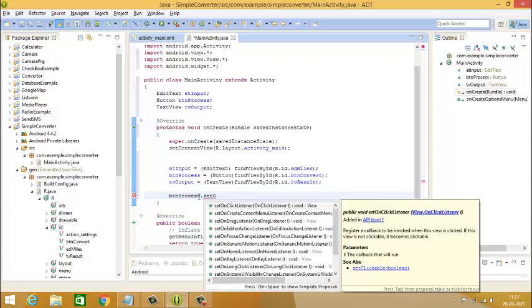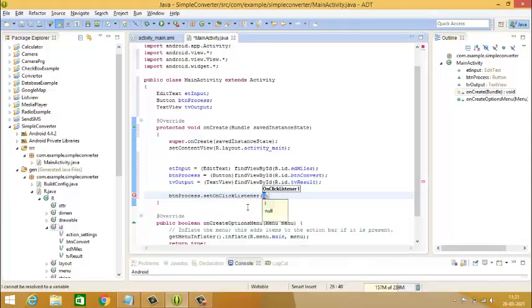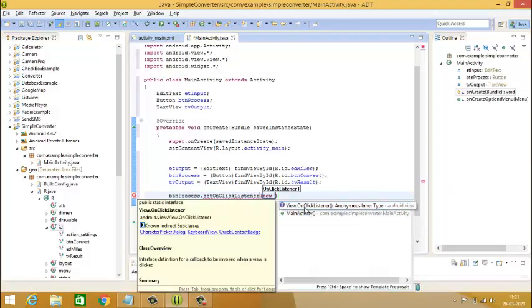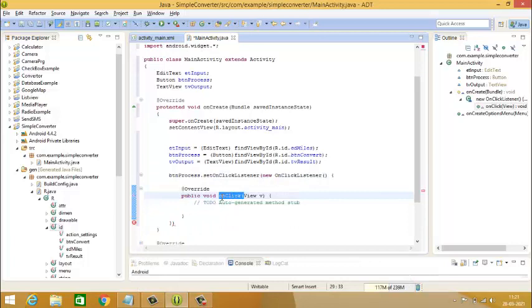Since this is the method name, remember the camel case convention. Inside the bracket, type new, press Ctrl+Space bar and select View.OnClickListener, which automatically embeds the onClick method in the code. Here at the end give semicolon.